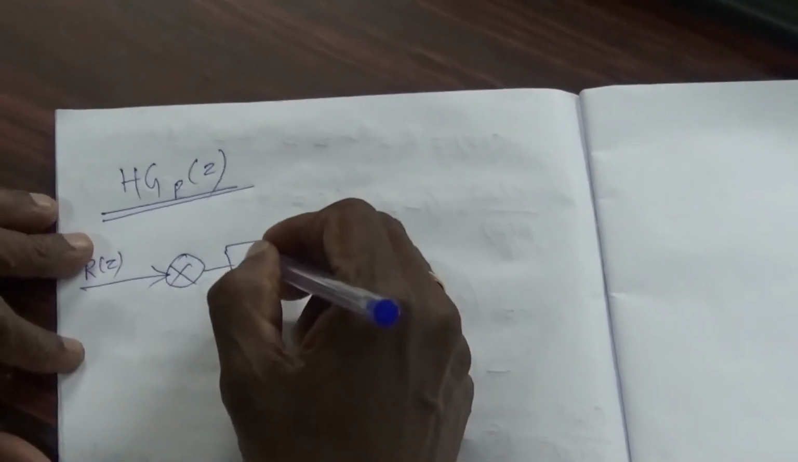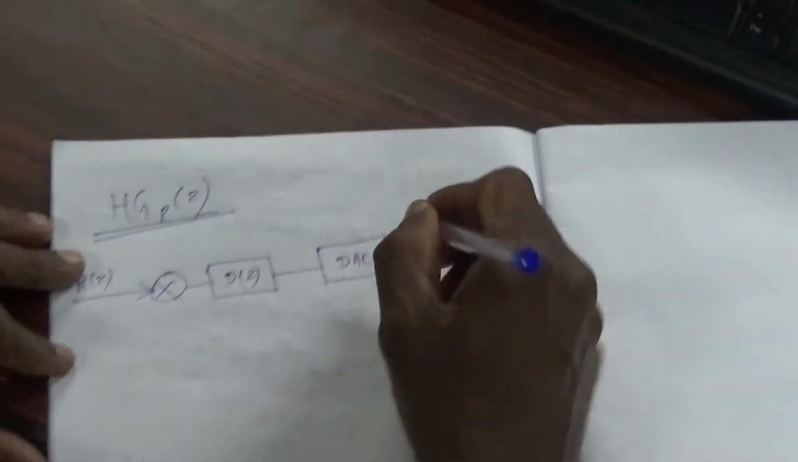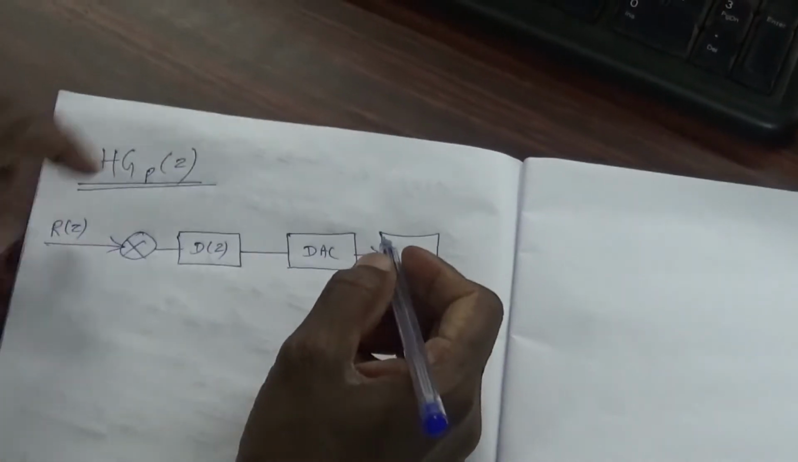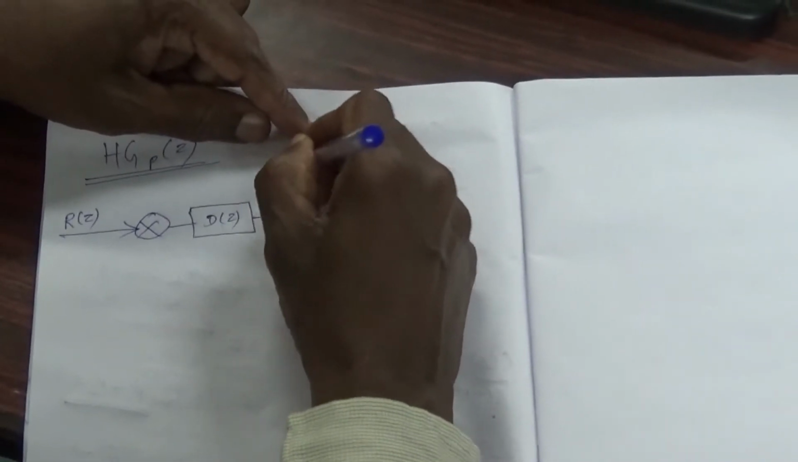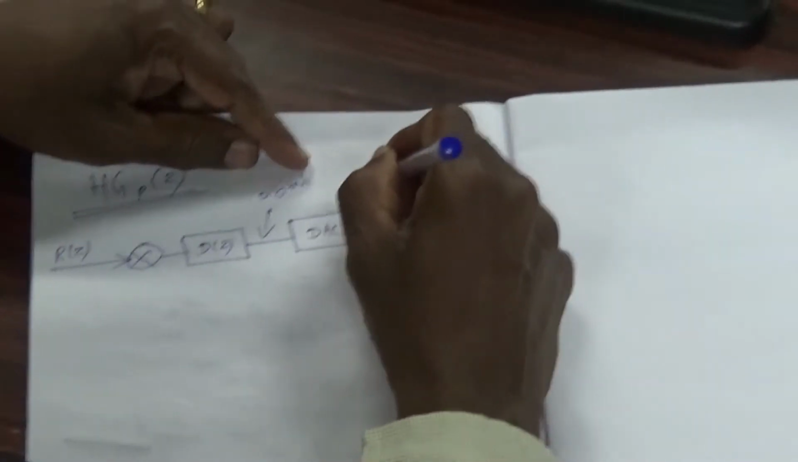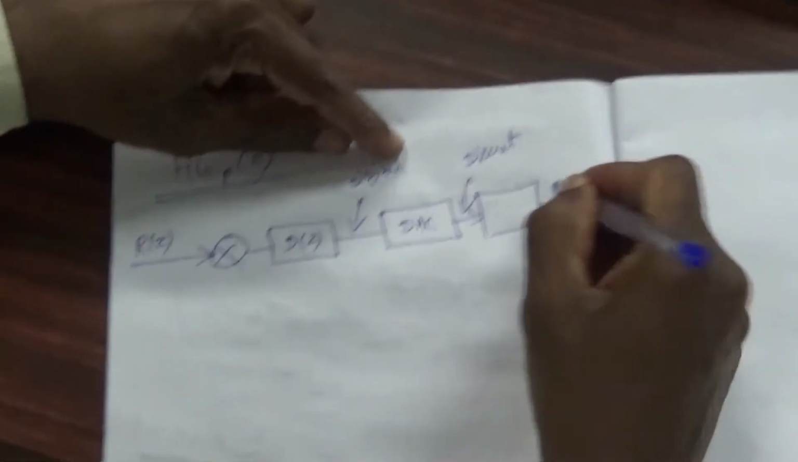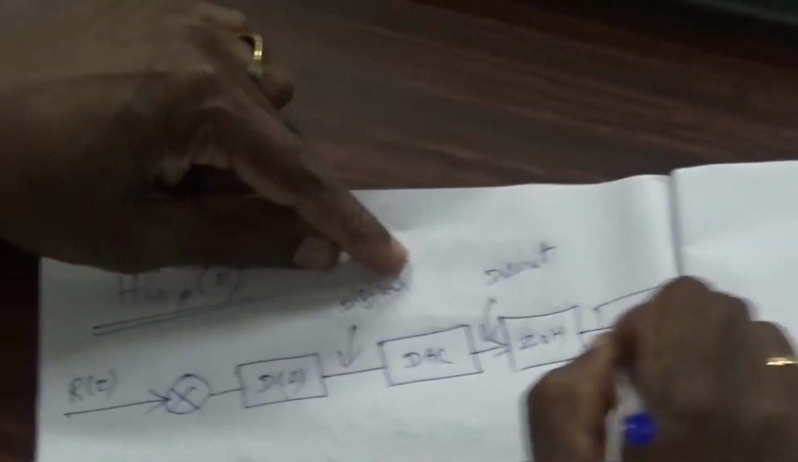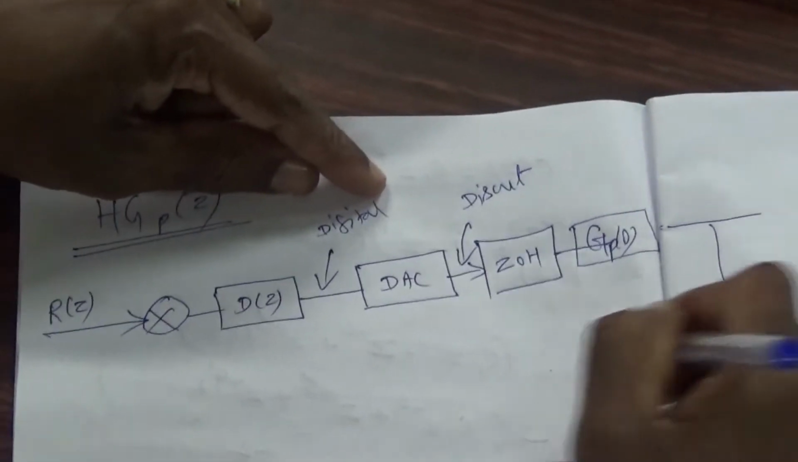The error is given to a digital controller. The output of the digital controller should be given to the DAC, which will convert this into a discrete value. Here it is digital; here it will be discrete. That's why the discrete value should be converted into a continuous one. For that, a zero order hold is included. The output of the zero order hold is given to the process GP of S. Now it is given to